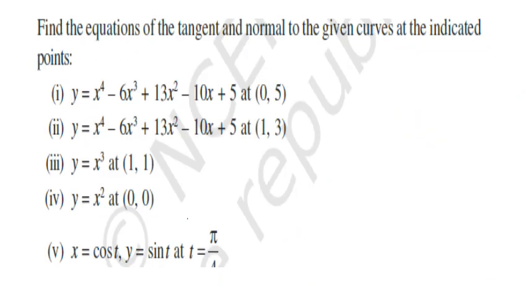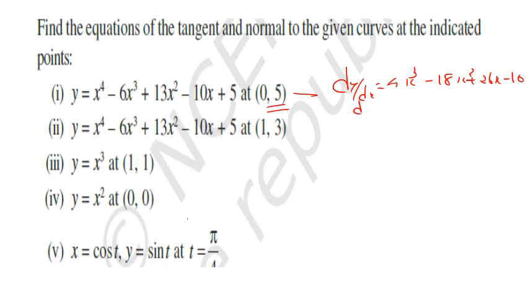So this is the question. Find the equation of tangent and normal to the given curve at the indicated point. In all these problems, what you have to do is find dy by dx first. I will tell you an example: y = 4x cube minus 18x squared plus 26x minus 10. Now dy by dx at (0, 5).